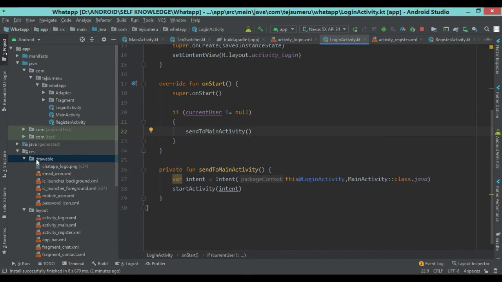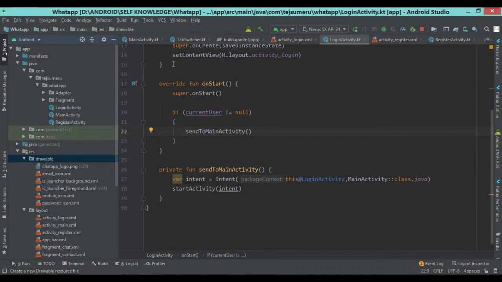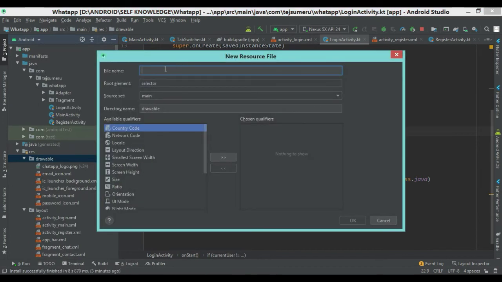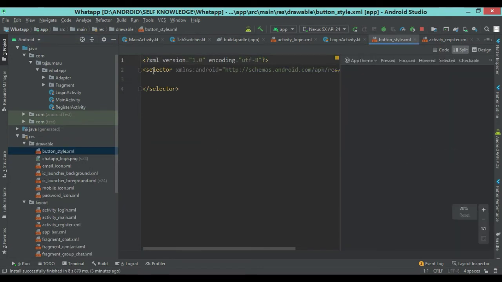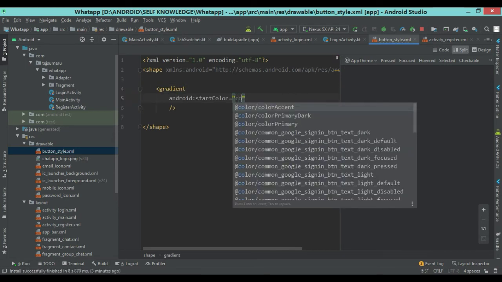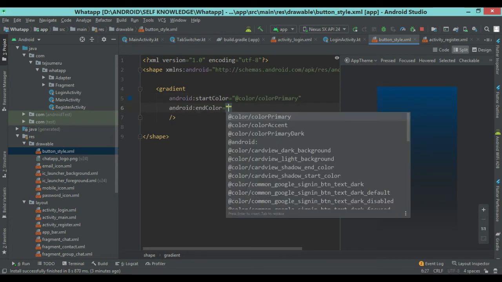Now we are creating one drawable resource file which is used when we design the login screen and register screen for the button style and edit text style. So here first of all create button style and click on OK. You can see here selector. We are changing selector to shape, and inside that I am using the gradient. So give the start color as colorPrimary and end color as colorPrimaryDark.